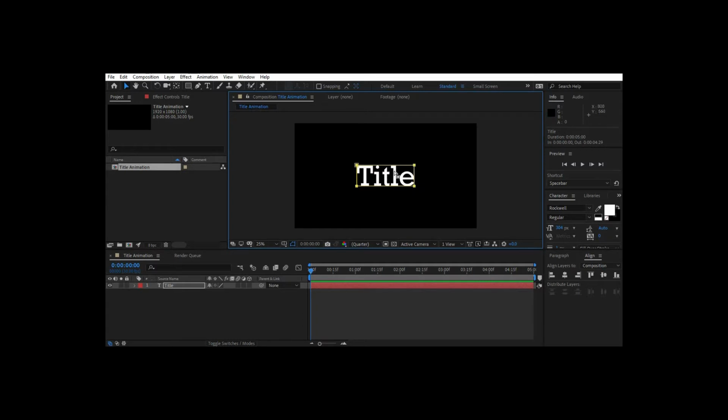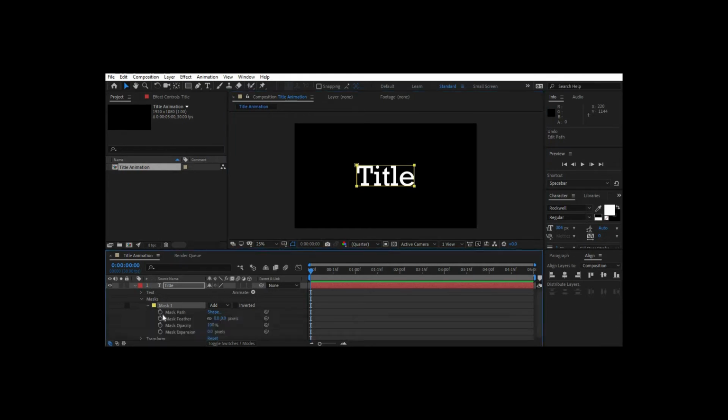Just click on this box and you can see this can be moved, but now it's moving totally. So what we'll do is go to the mask area. Now if you try to move it, it will move properly. So all you have to do is just create a mask and then animate that particular mask area. Before that, what we'll do is create a keyframe. So let's create a keyframe here. Open this mask 1 and click on mask path. Click on this stopwatch. You will get this keyframe.